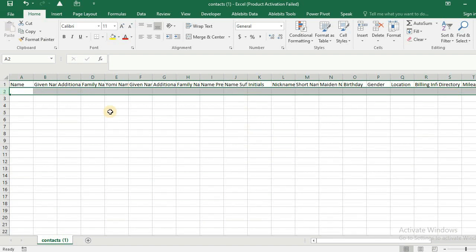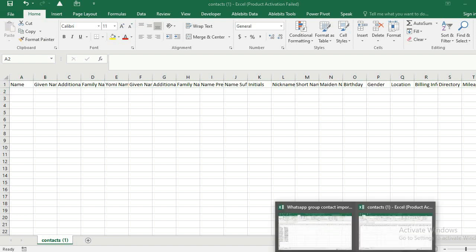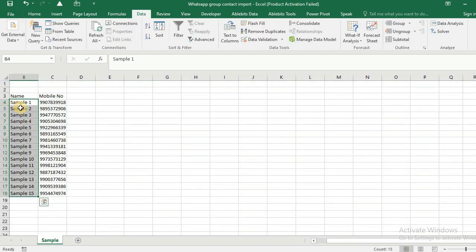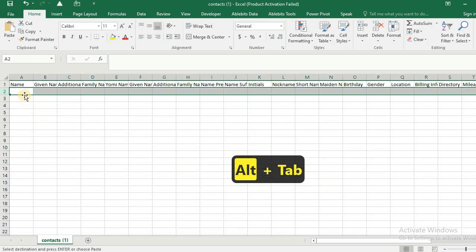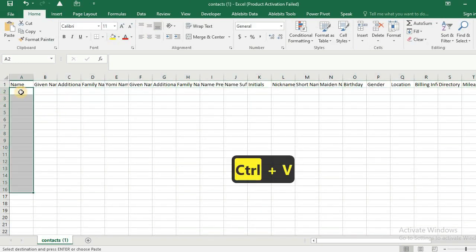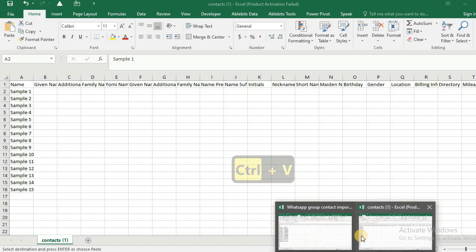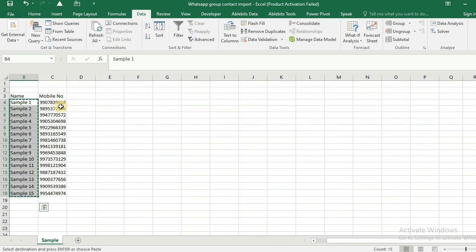The numbers that I have converted to the Excel format, I will copy paste here. These are my names. Control V, and these are my numbers.